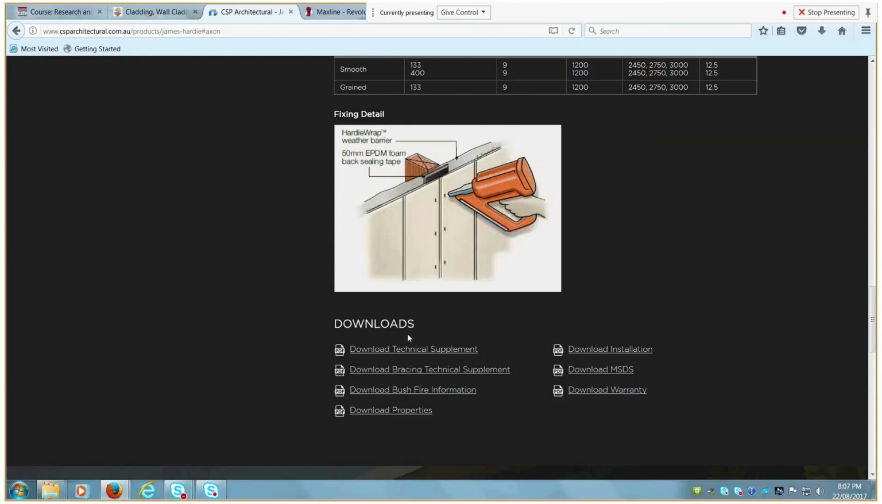But typically with all your suppliers, they want to make it as easy as possible for you as a building designer to specify their products. And so typically they will have a lot of what you need located somewhere on their website. So technical supplements, if you want to use some fibre cement sheet for bracing board, the technical supplements for that, bushfire information, material safety data sheets,